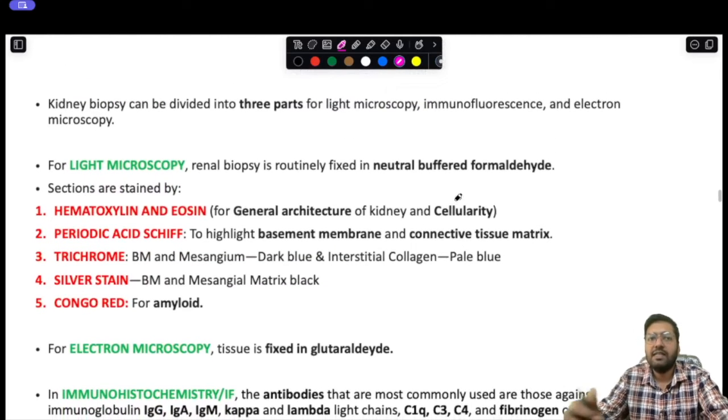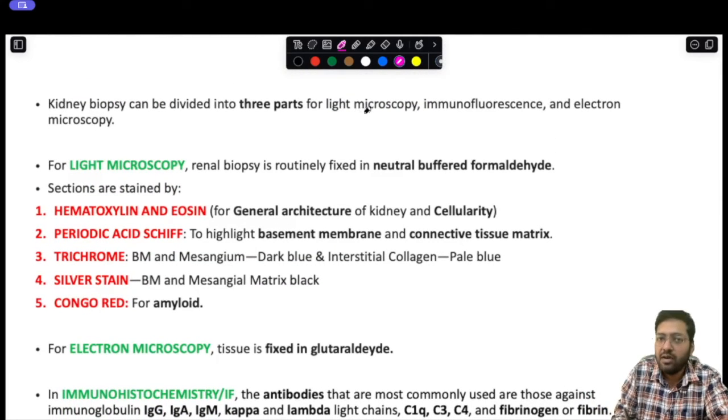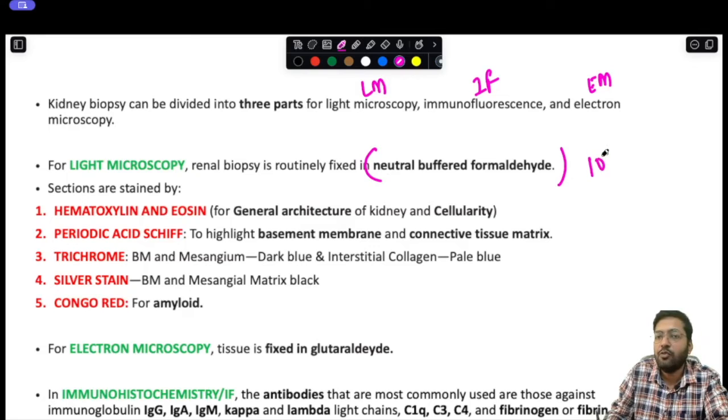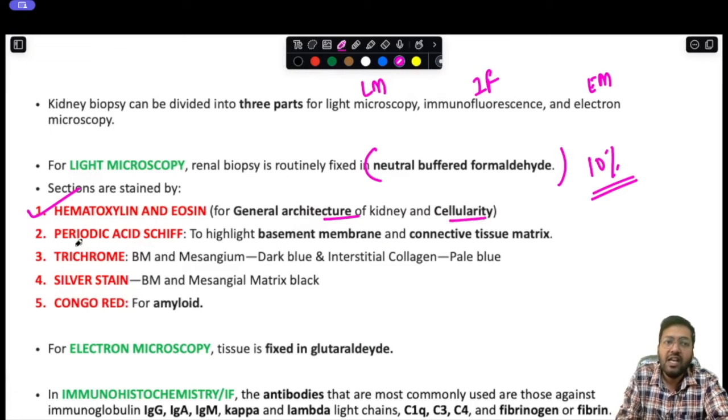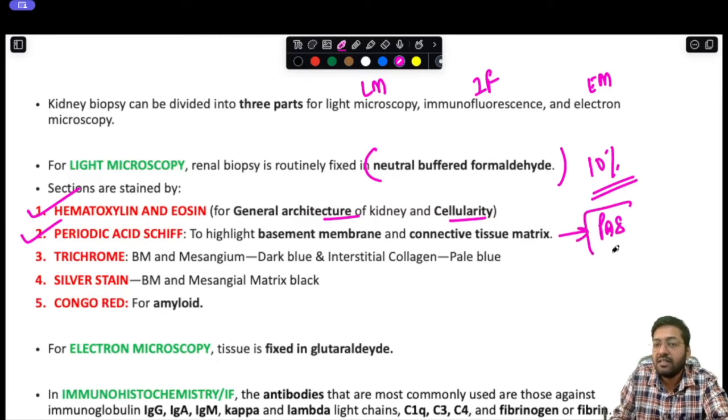Now, kidney biopsies can be divided into three parts, as we have already discussed: for light microscopic evaluation, for immunofluorescence, and for electron microscopy. For light microscopy, the renal biopsy is routinely fixed in NBF, 10% neutral buffered formaldehyde. After you fix, what are the different stains? Routinely you do the H&E stain, hematoxylin and eosin, for the generalized architecture of the kidney and to assess the cellularity. Then the most useful stain in kidney biopsies is the PAS stain, which is done routinely